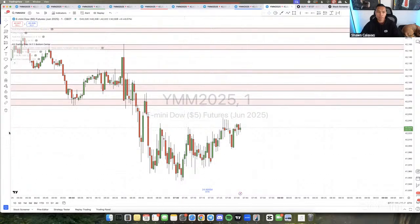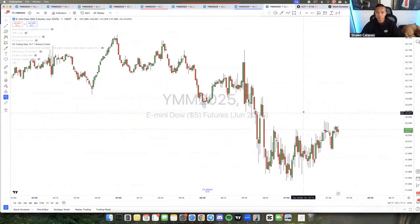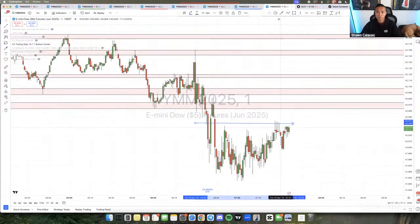You can see it here on the clean chart. So let me take this off real quick. So this is a clean chart with nothing on it. You guys can see this whole range here has happened. This has been an hour now, where price is just going sideways. So we've just been getting this sideways move here for basically an hour now,